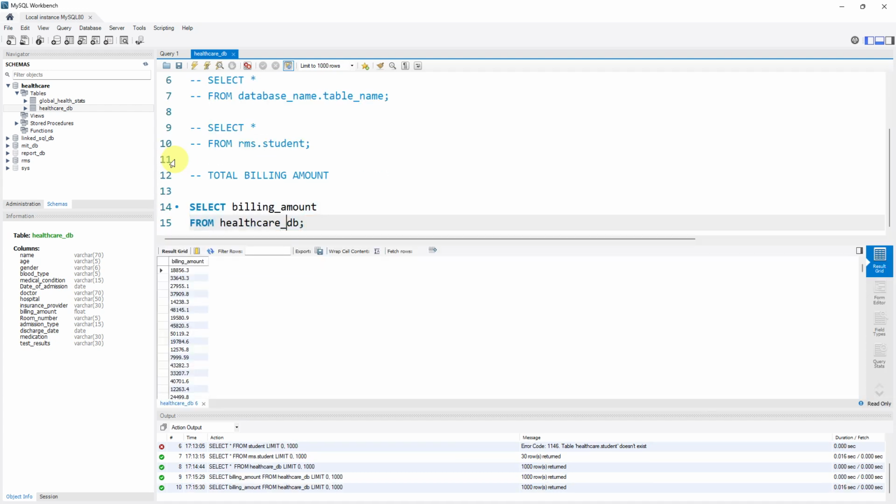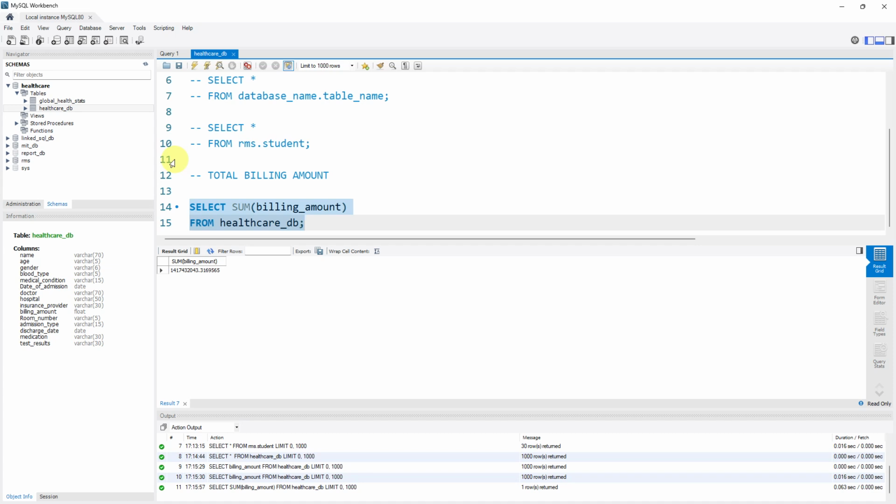Now, if I want to do a cumulative sum of these, all I need to do is use the sum function. Because I'm using the sum function, the column header that is going to come is going to be weird. I use Control Enter for this. Now you can see that the sum amount is basically just showing me this